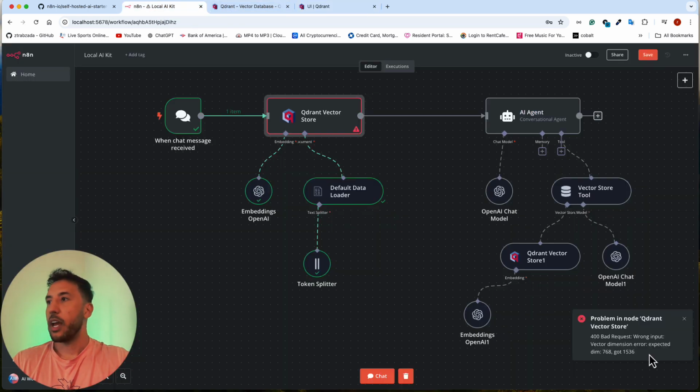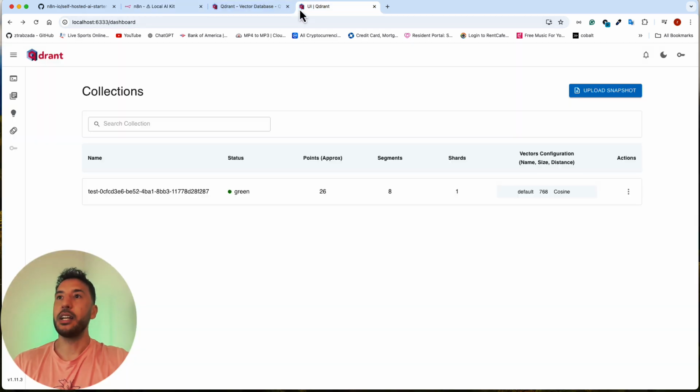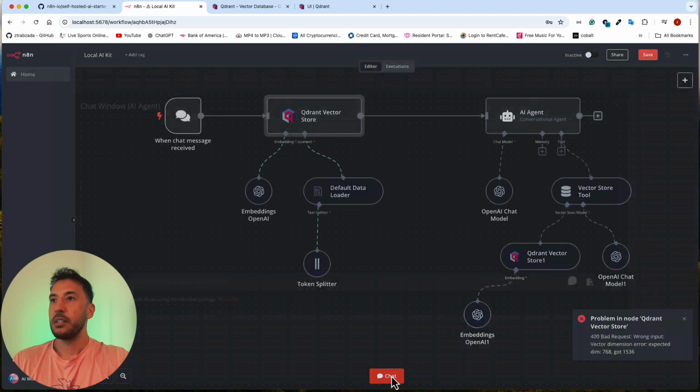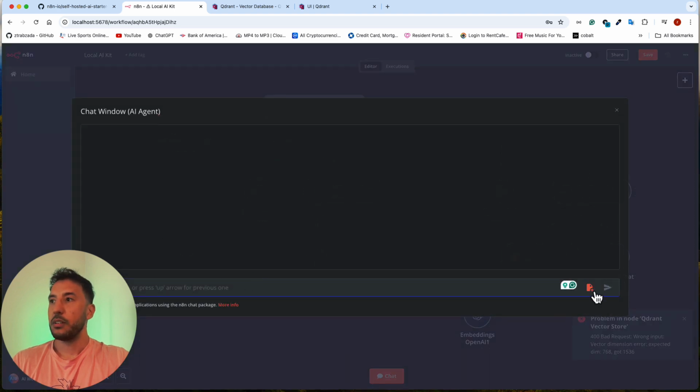But our error says the expected dimension is 768, but got 1536, because this is the dimension that comes out of OpenAI's embedding. So we need to get rid of this. You can now delete this, so now you don't have anything here. Now if we run this again, this should remove that error.